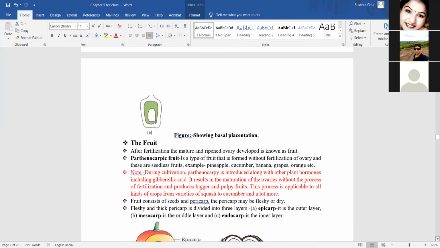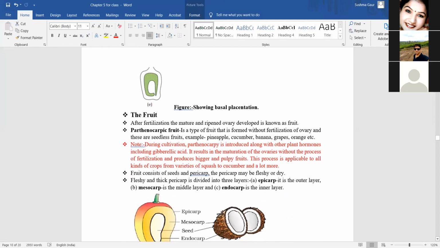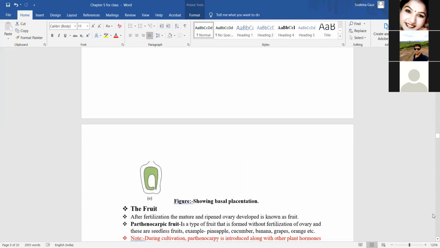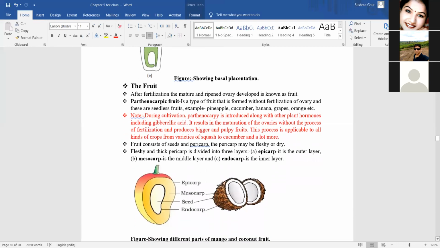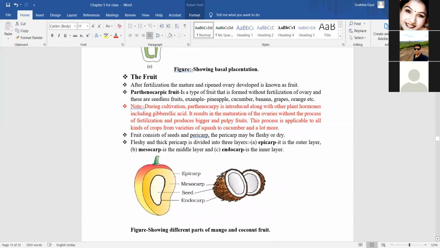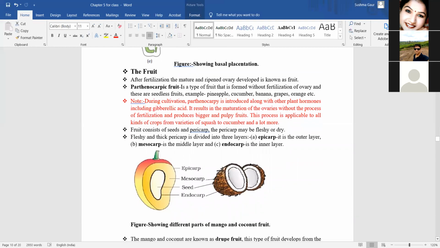Okay? So beta, try to correlate the things with this diagram, and if you have time, please go and see these things in nature. Yes, ma'am. If you take a single example of this, if all these flowers are not available, search on Google whatever fruits or flowers are available in your house, see their placenta type and try to correlate. You will never forget if you study like that. Okay?